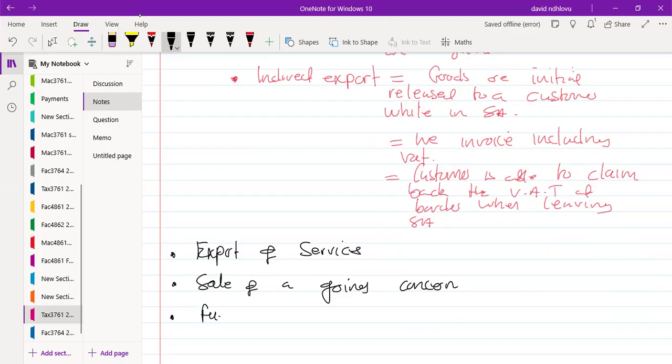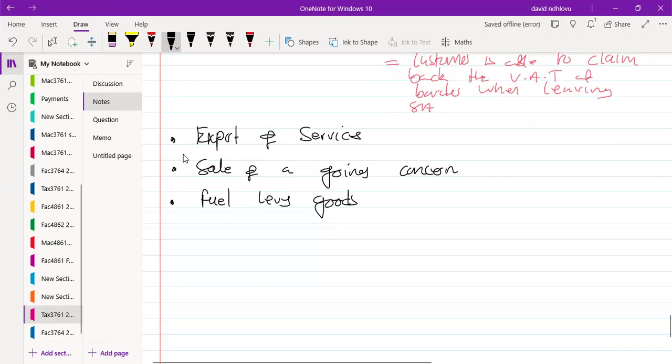Right, we've got fuel levy goods. Right, your diesel, your petrol, and many other petroleum goods. Paraffin, for one reason, is specified separately. Remember, this is just a list that is provided to you by SARS. So you need to memorize this list so that next time when you're answering a question and they say calculate output VAT, when you have any of these things, you will simply not put a figure, you just say 0